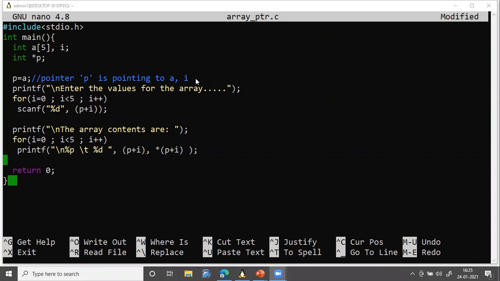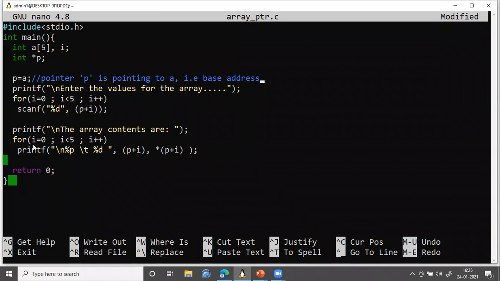So a is nothing but the starting address of the array, that is the starting address of the array or the base address. Fine. So next what we are doing, we are asking the user to enter the values for the array. For I is equal to 0, I less than 5, I plus plus, scanf percentage d p plus I. So this will refer the address, because in scanf you should always give the address at which the value should be read. Then we are displaying the array contents.